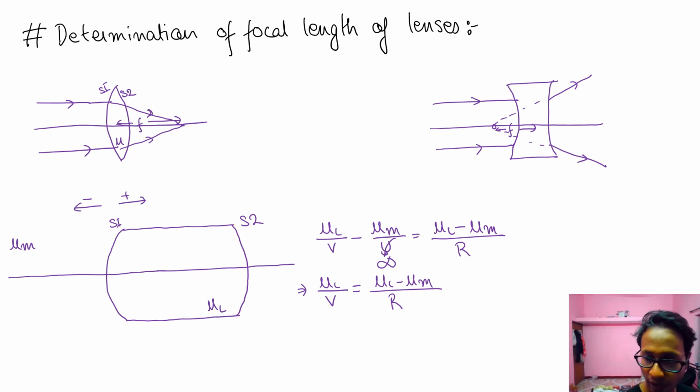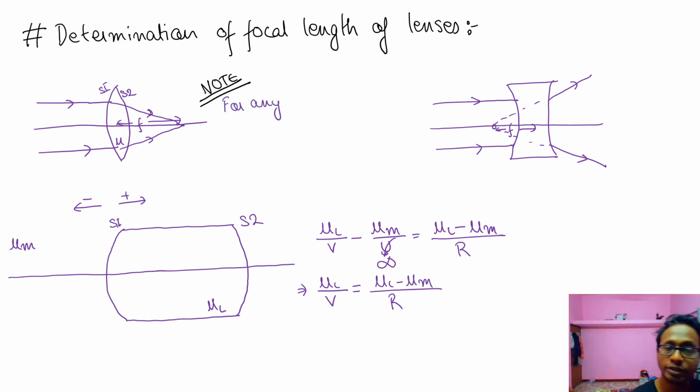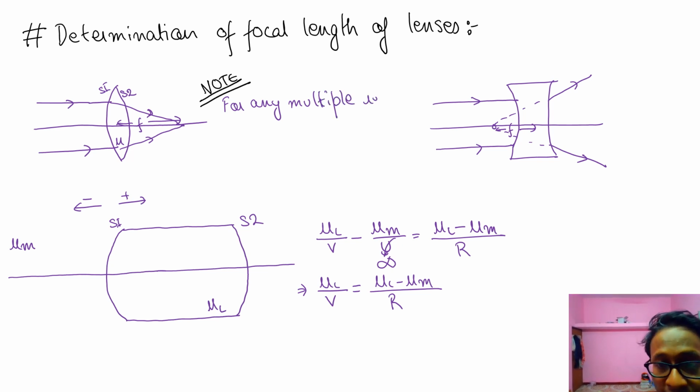So always remember, not only for two surfaces, for any multiple device, that means two or more devices, just follow the incident ray from the first device, then the second device, then the third device. Device means nothing but lens or mirror. So for any multiple reflection or refraction,